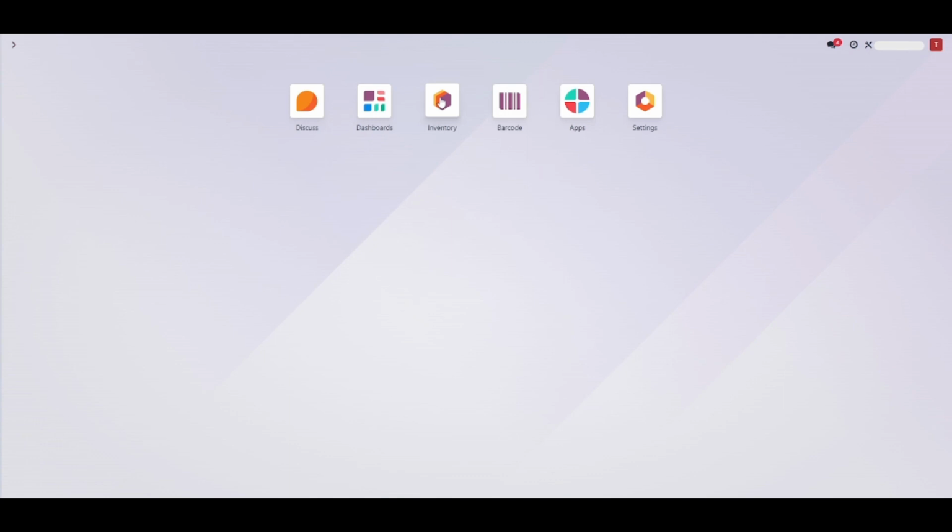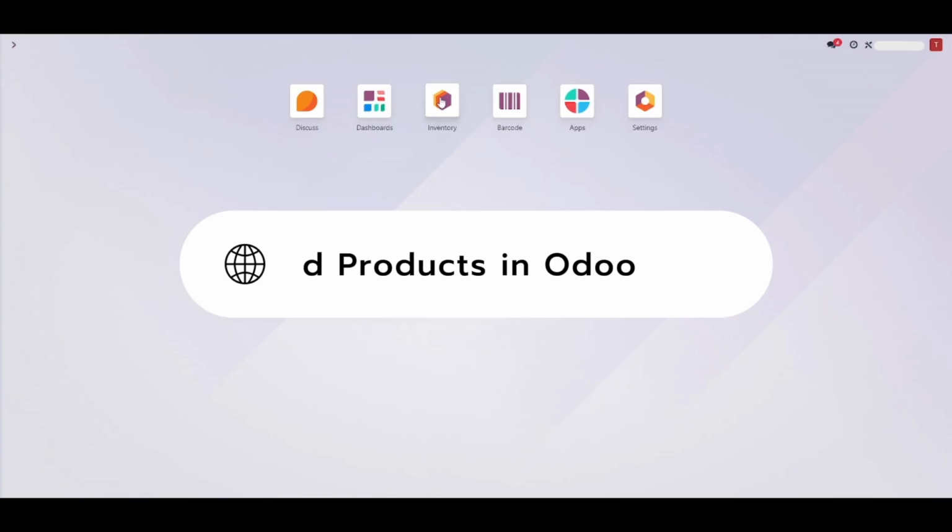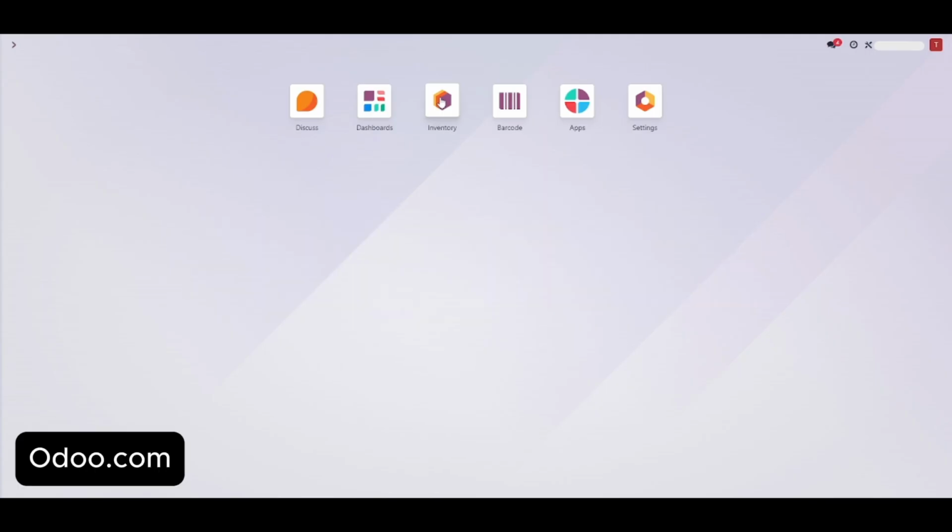Hey guys, today I'm going to show you how to add products in Odoo. Let's get started. First go to odoo.com, log in to your account, and this action will lead you to your dashboard